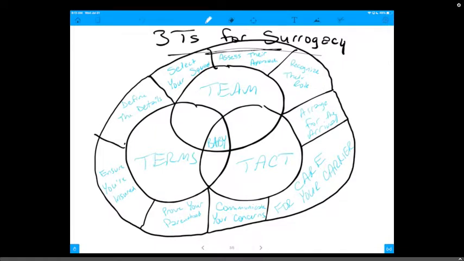And I know you're probably thinking, Corlendos, wait, but what are these other little pieces of intersection where the team and the tact and the terms meet together? So let's walk through these, because I think these are important too. When you have your team assembled, you've got your squad, you know their approach, you know their role, then I think that where that intersects with the tact that we just discussed, then you have your perfect